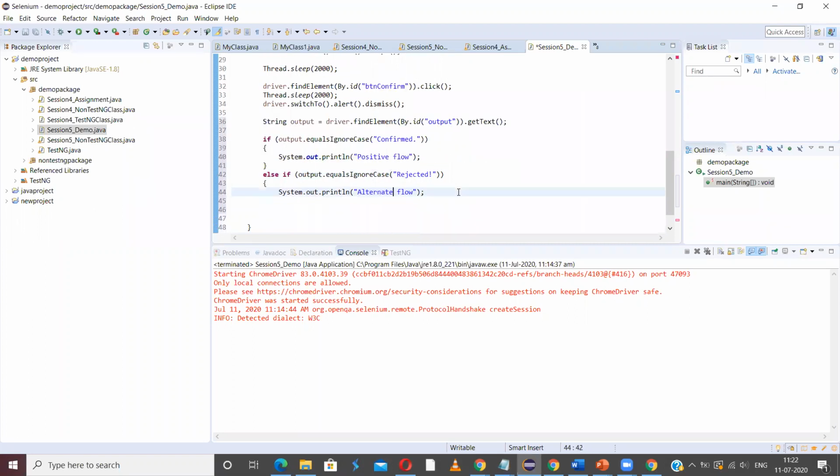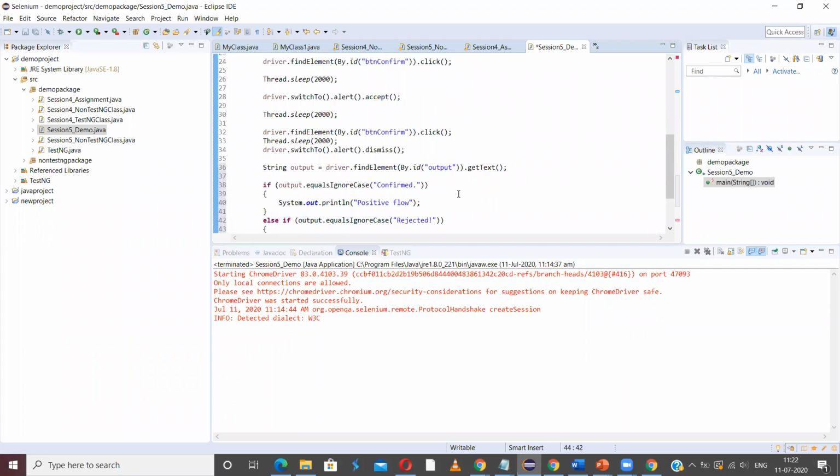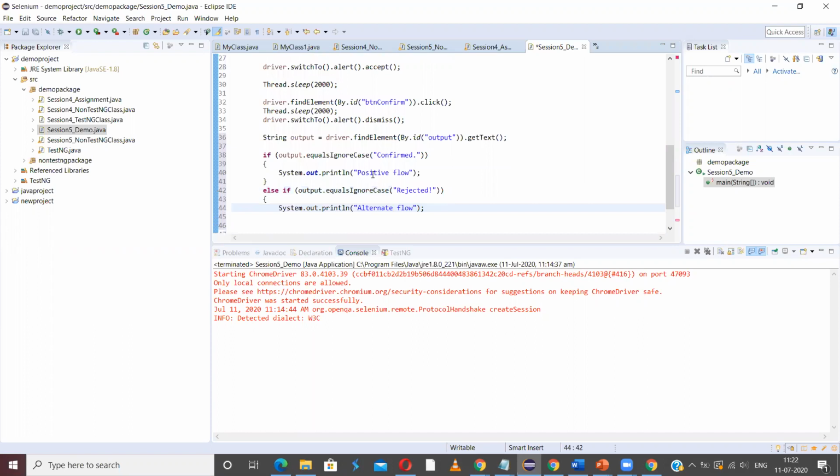So let us click on both OK and cancel, and let us see whether this positive flow and alternate flow have been taken care of. Whether our program reads the user response and performs the further steps accordingly or not.